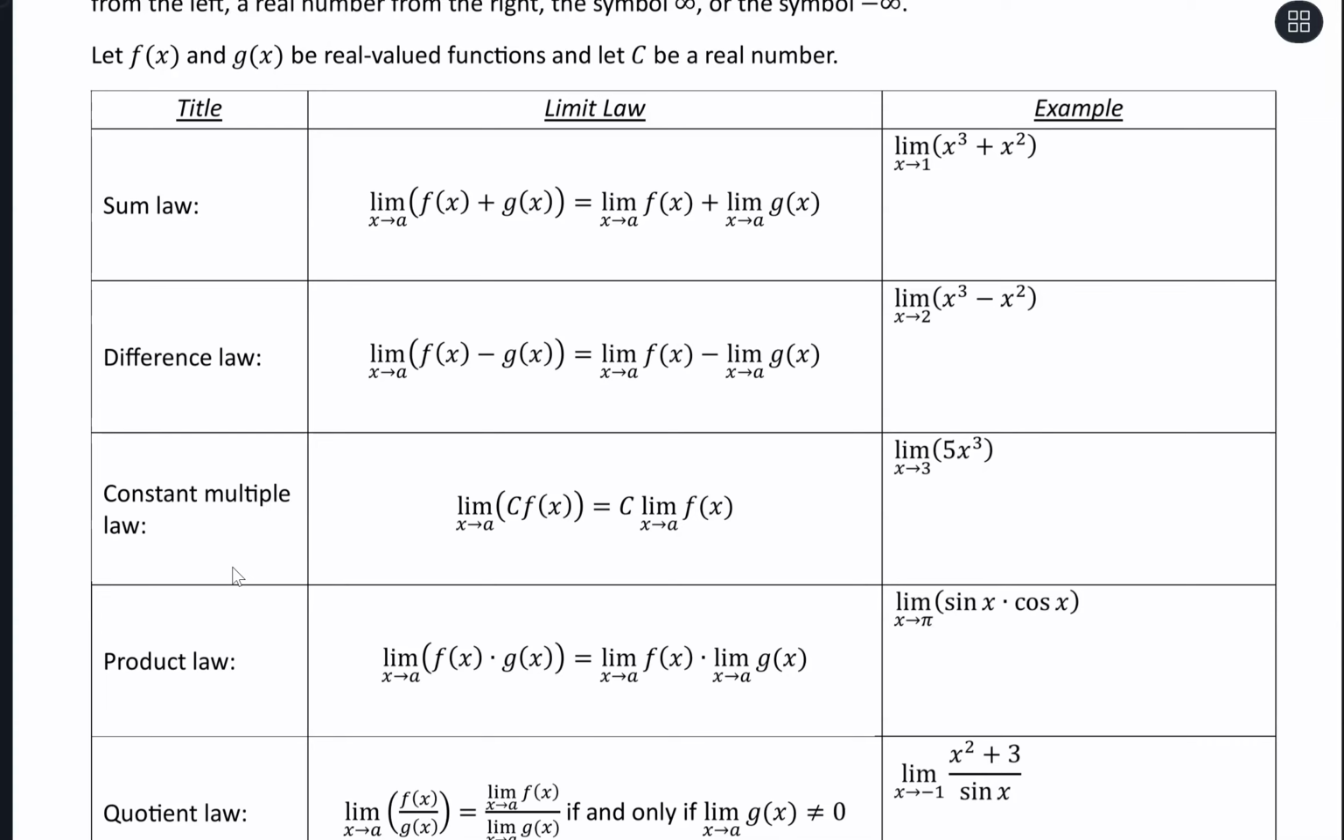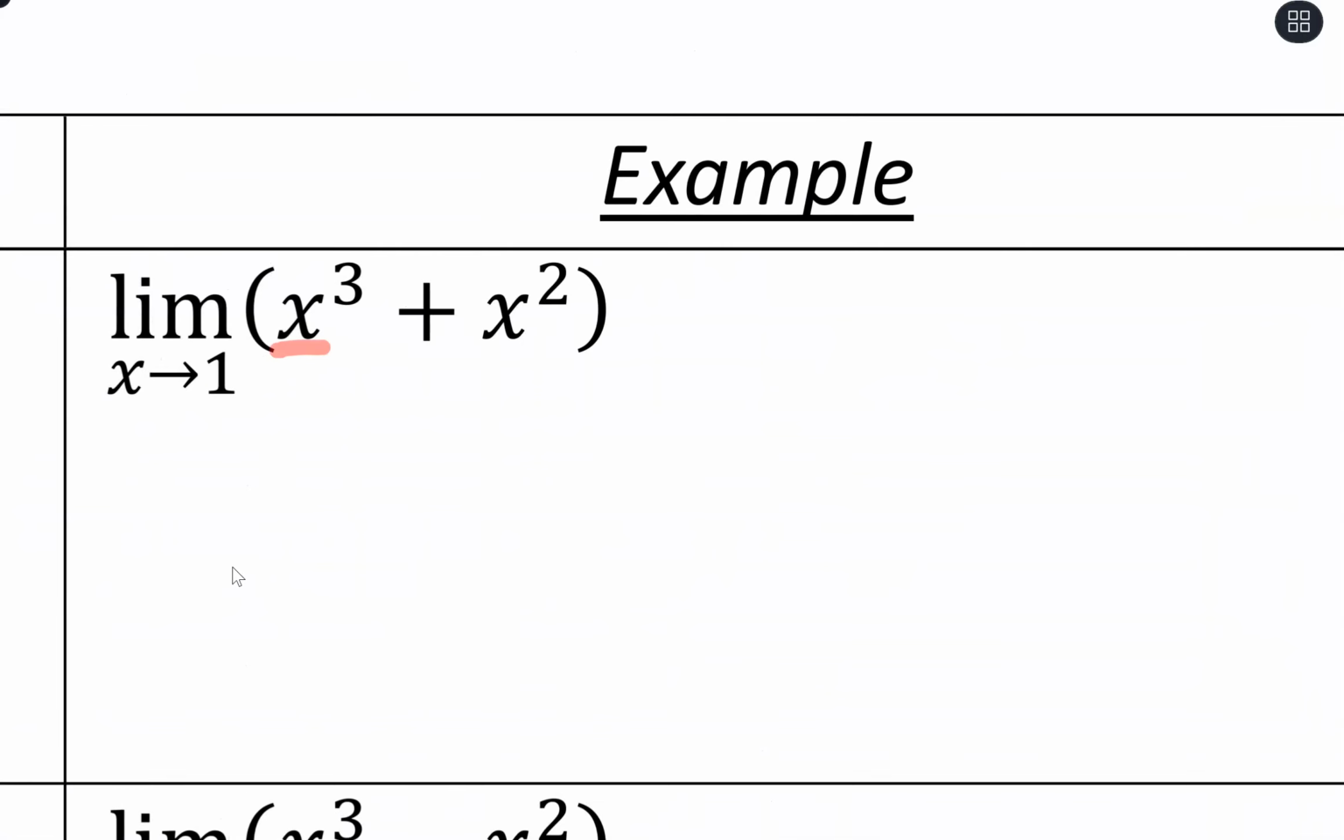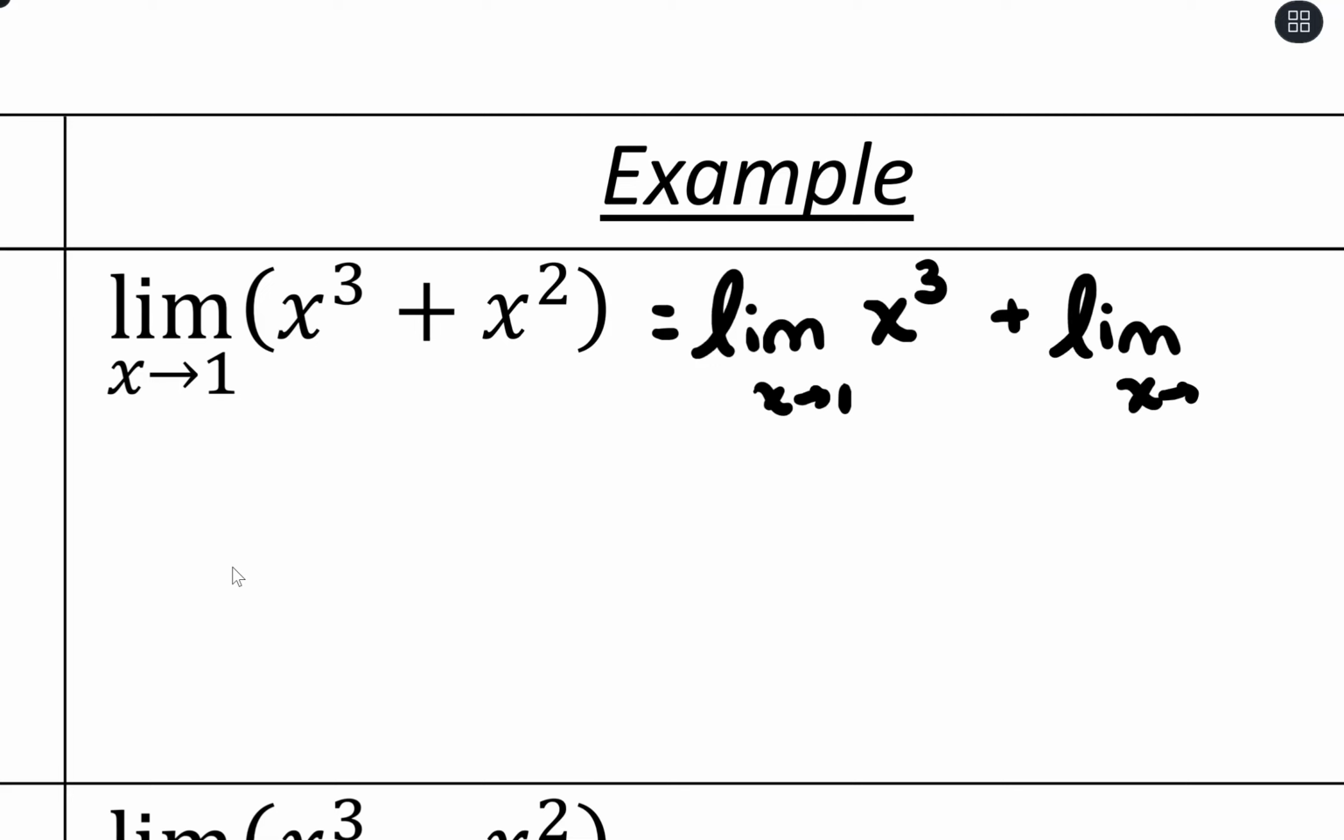Our first law is that if we have functions being added together and we're taking the limit as x approaches a, then we can evaluate the limit separately as x approaches a for f of x plus the limit as x approaches a of g of x. So, for example, if we have x cubed plus x squared, what we could do is think of this as evaluating the limit as x approaches 1 of just the function x cubed plus the limit as x approaches 1